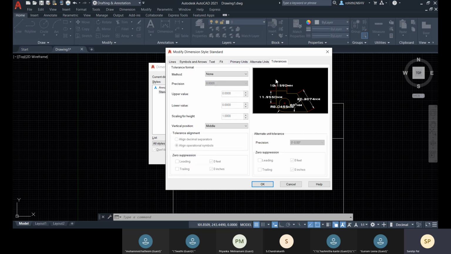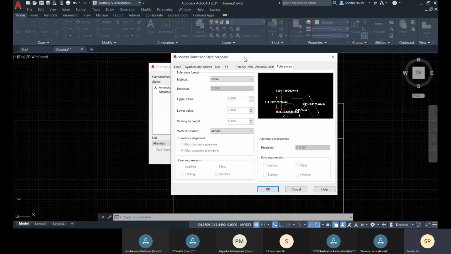Okay. And about the tolerance, that is the tolerable value. That is mostly for mechanical work, or when you are working with some precision, where you can say this much value can be tolerable. You cannot go precisely all the time. So here you can specify that at the center location, when you are marking the center, this much value is tolerable. So there you can mention it like this. Okay, so that is available.